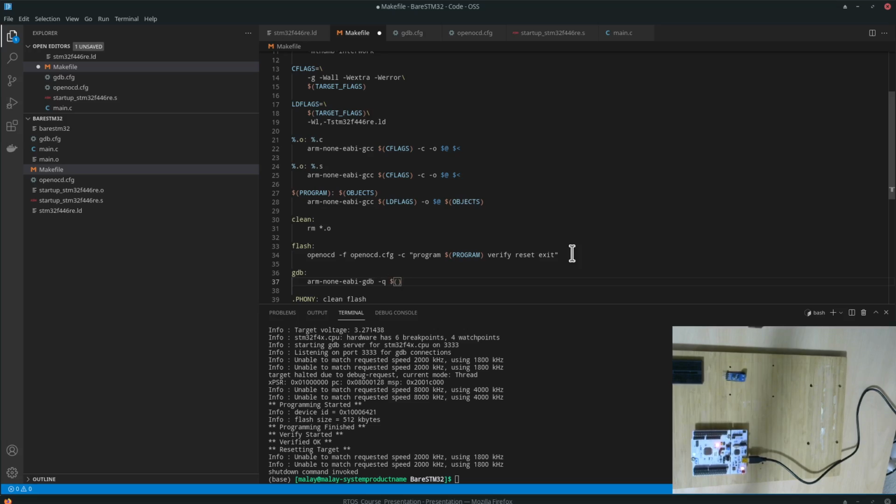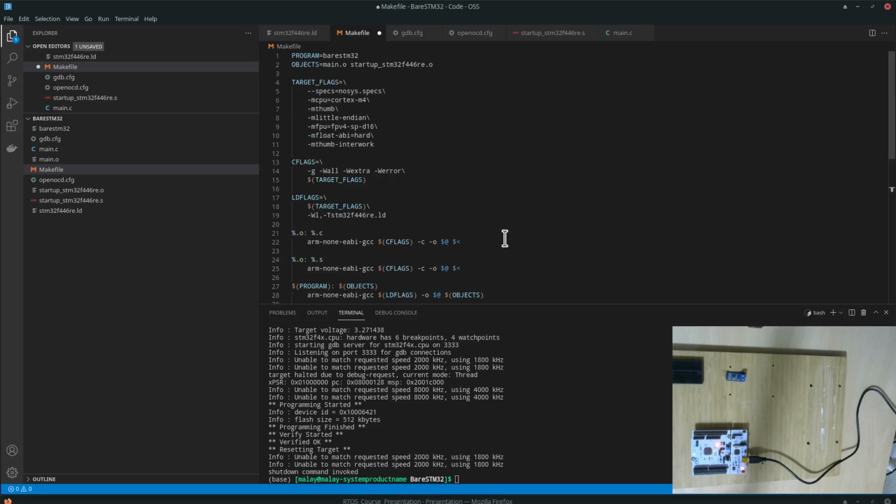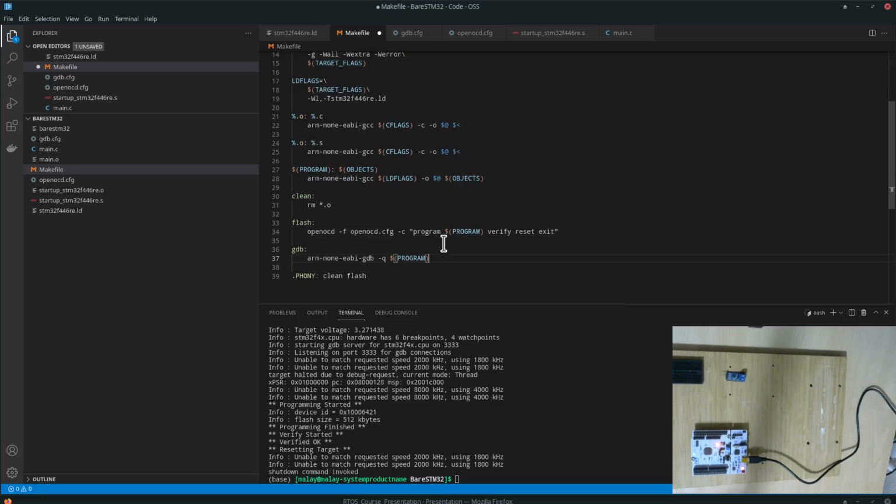This is the program, our bare STM32 file we just created, -x gdb.cfg. Ctrl S. Then